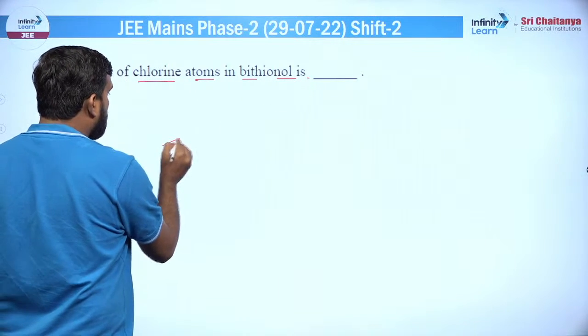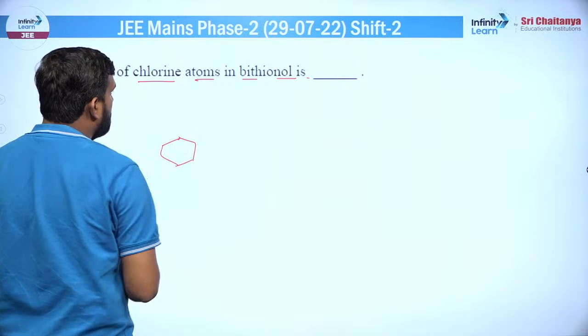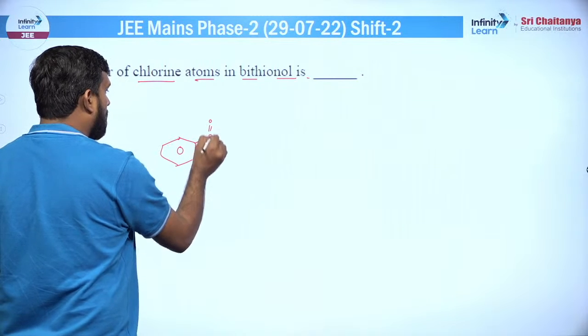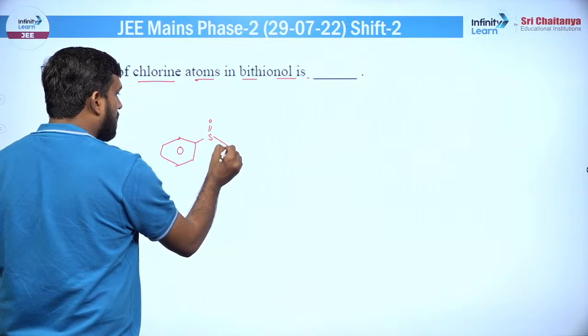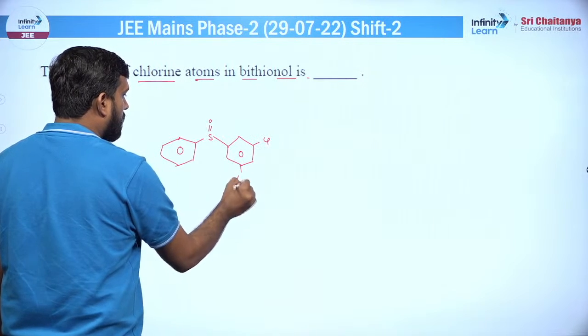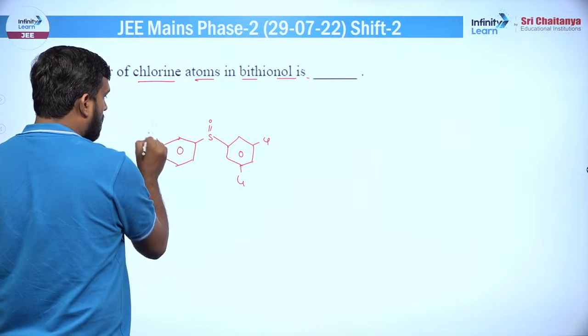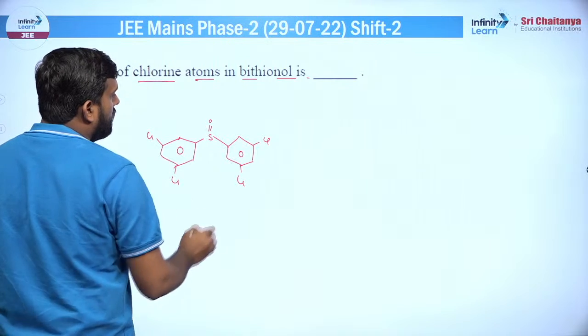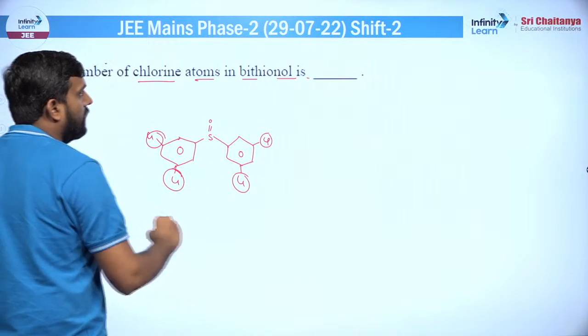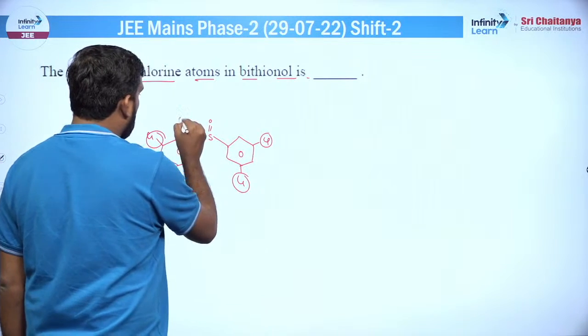गोइंग टू द नेक्स्ट क्वेश्चन, द नंबर ऑफ क्लोरीन एटम प्रेजेंट इन बायोथायोनिल। बायोथायोनिल को अगर देखोगे तो ऐसे 2 बेंजीन रिंग्स होती हैं और इसमें 4 क्लोरीन एटम्स होते हैं। यहाँ से ऐसे बना दो बेंजीन, और इधर भी क्लोरीन, इधर भी क्लोरीन होगा, इधर भी आपका क्लोरीन होगा। तो बायोथायोनिल में 4 क्लोरीन एटम होते हैं। सो द आंसर विल बी 4, बाकी इनके ऊपर आप OH OH भी